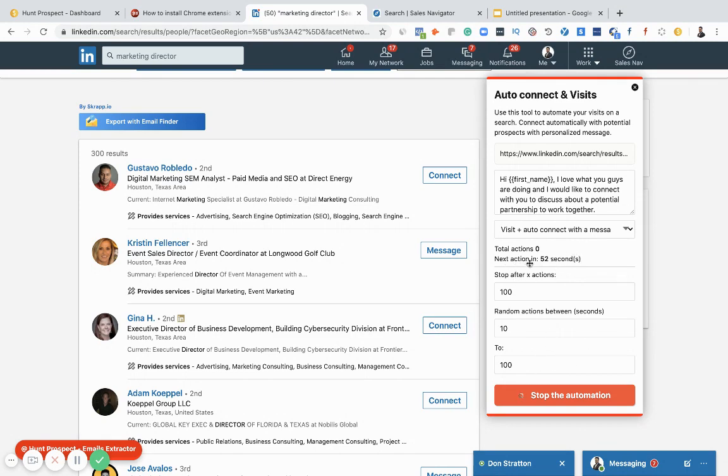So it says next action in 51 seconds. Because I have kept the randomized action and stop after X actions, it has taken some time. After 30 seconds, it should ideally start the automation. Again, LinkedIn prospecting and lead generation is really good.